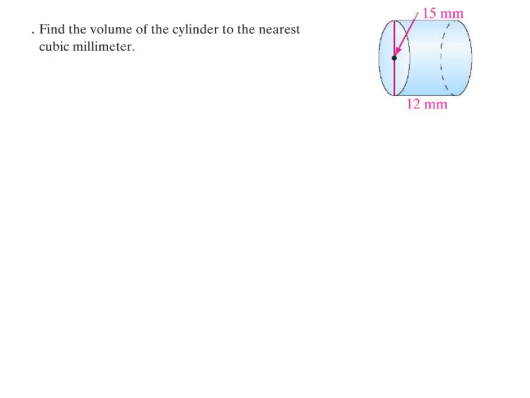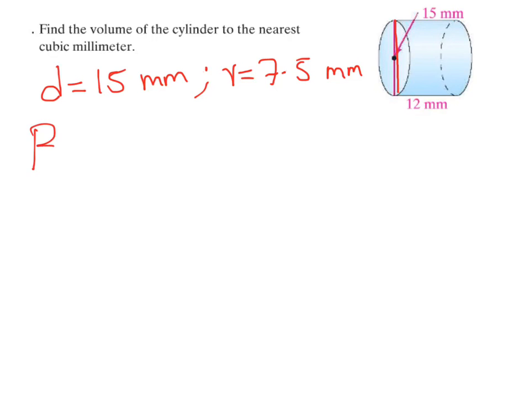Find the volume of a cylinder to the nearest cubic millimeter. Now again, in this problem, how much is the diameter given? It is 15 millimeters. So how much will be the radius? It will be 7.5 mm. What will be the area of the base, which is pi r squared, because the shape of the